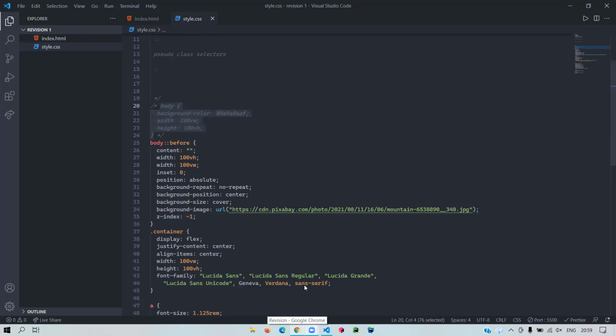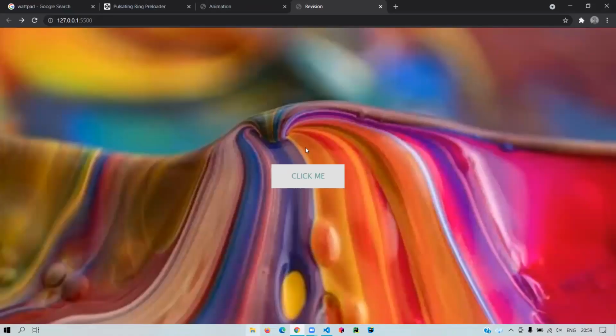Oh, I was basically demonstrating the pseudo element selectors. So basically, let's say you want to include a background image. Now, you don't want to create a separate element for this purpose, right? So what you could do is use the pseudo element selectors. Now, there's something funny about pseudo element selectors.